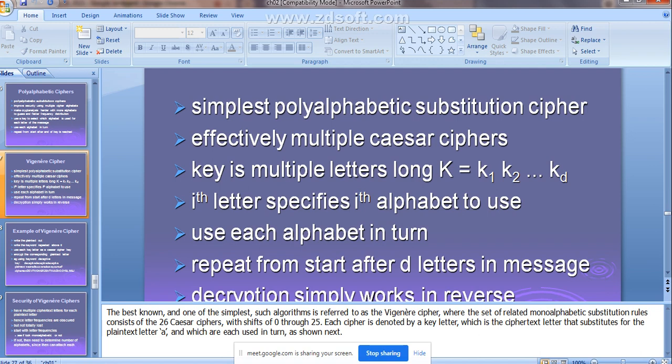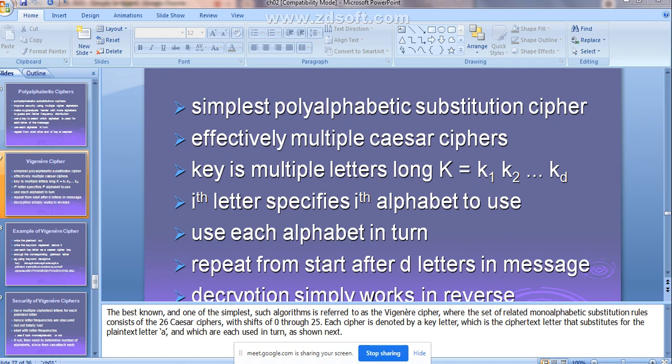Are you getting what I am telling? Yes, ma'am. Now the same thing is written in the slide. Is the slide visible? Yes, ma'am. So here it is effectively multiple Caesar ciphers you are going to use, using each alphabet in turn.